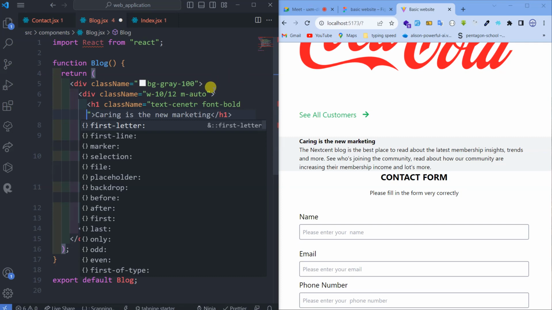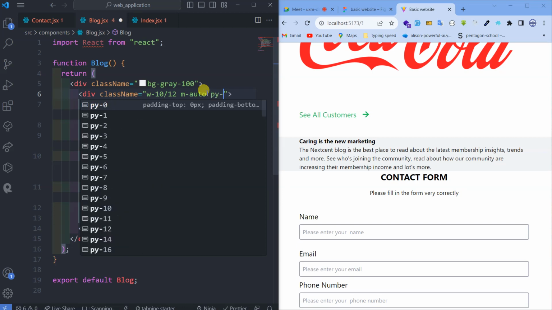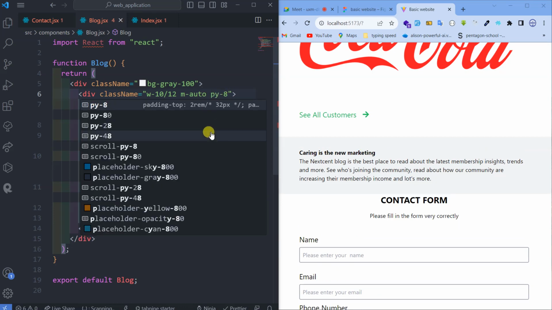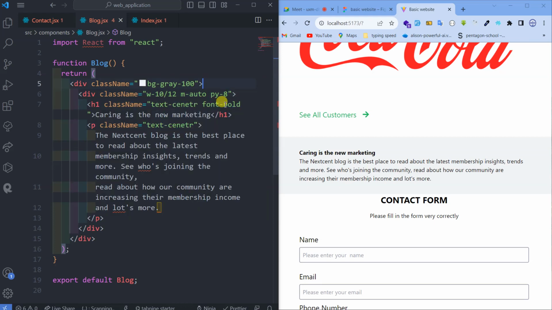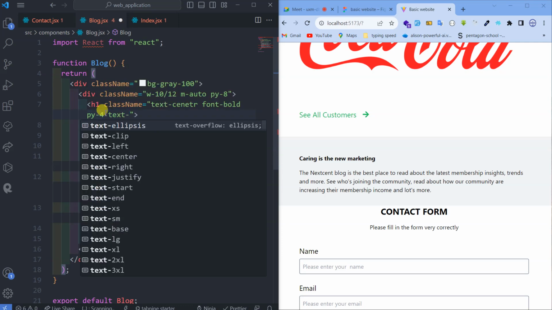First of all, the entire screen here, up here where we have the width, it has a py property of 8, that's top and bottom, and then this h1 here has a py of 4. You have a py of 4 like this, and then the text here is big, that is